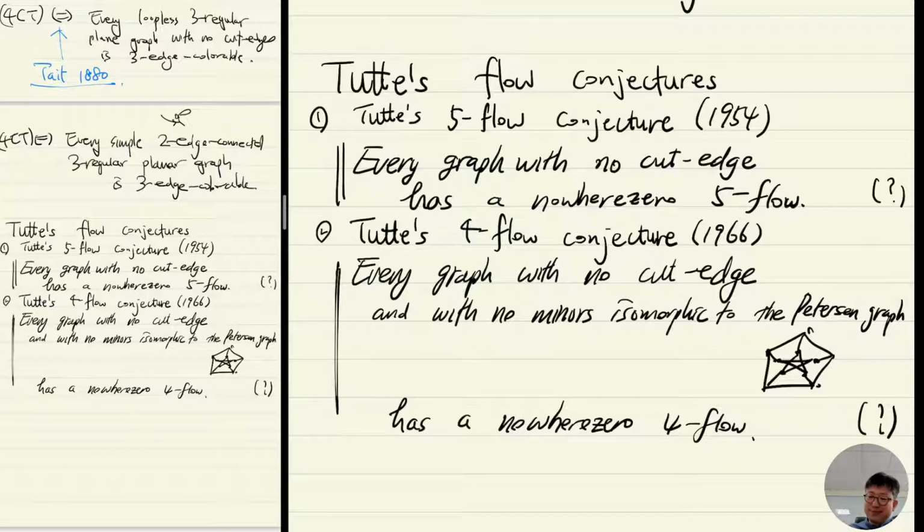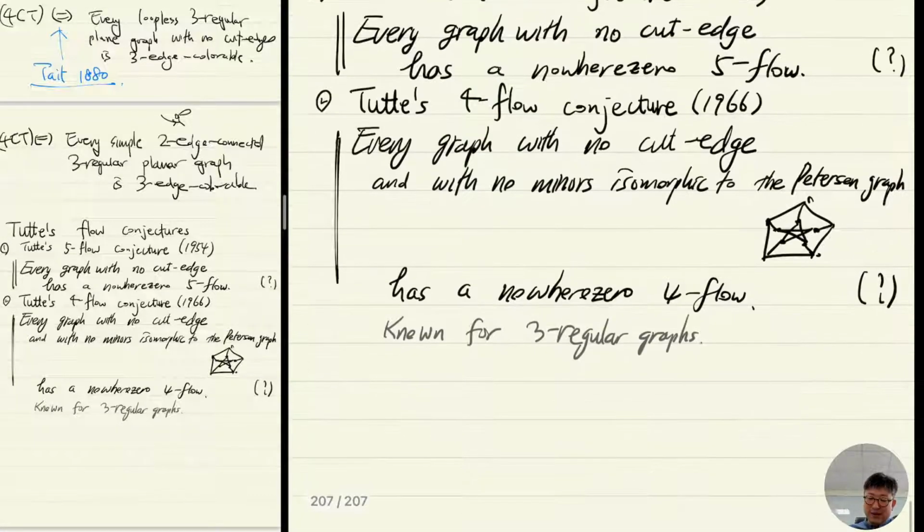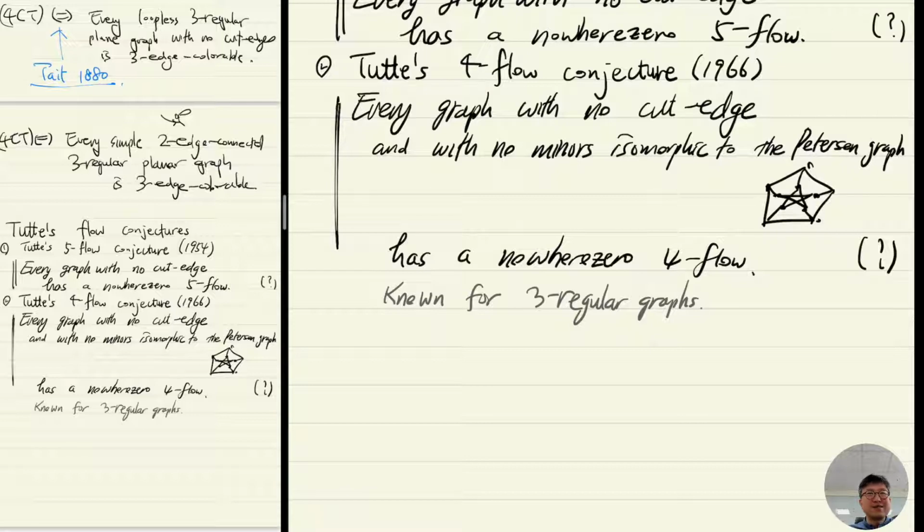And it's known, let me just add a remark. It's known to be true for cubic graphs. So if a graph is cubic, then we know that having a nowhere-zero 4-flow is the same as coloring edges by 3 colors. And this was proved by, I think it's Robertson, Seymour, Sanders, Thomas. Right, yeah, in the 1990s. Yeah, I mean, they announced the proof. I don't think the proof paper is out yet. All right. So that's the 4-flow conjecture. Yeah, so Robertson, Seymour,